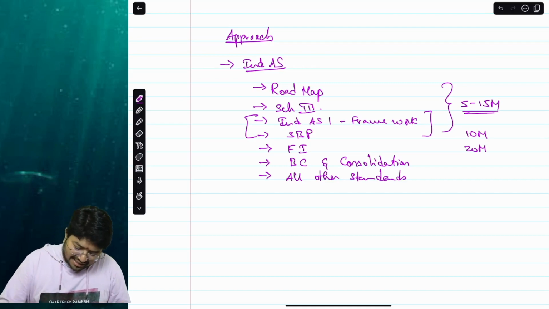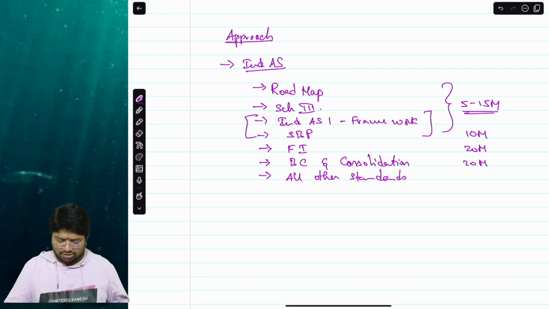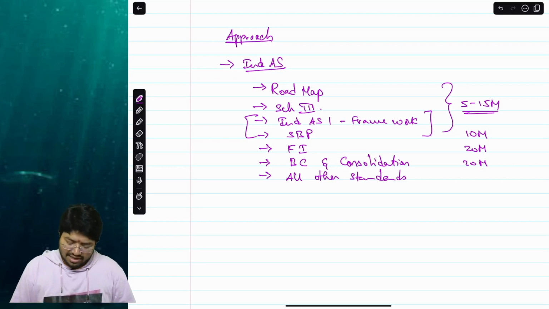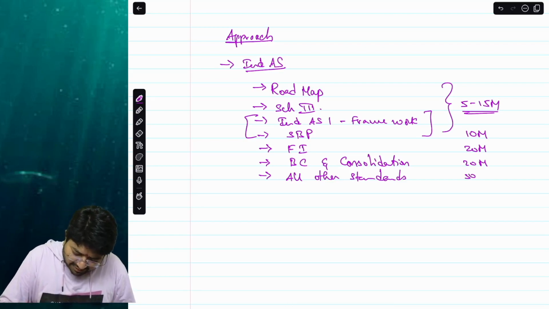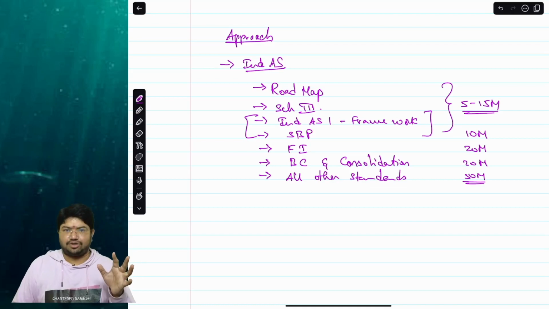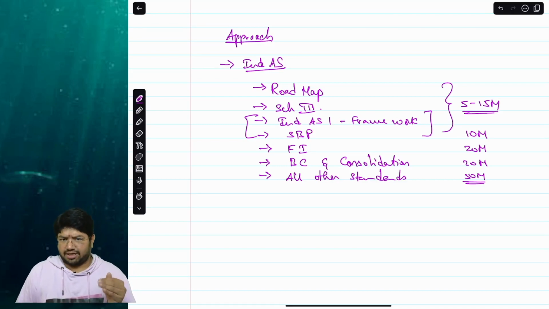But this is how the questions used to be asked. Business combinations is again another important aspect where up to 20 marks used to be asked, business combinations and consolidation together. And the rest used to be for another 50 marks. So this is how the paper used to be in the past with respect to the old syllabus, where integrated reporting and CSR also used to be there. But in the new syllabus you don't have that at all.